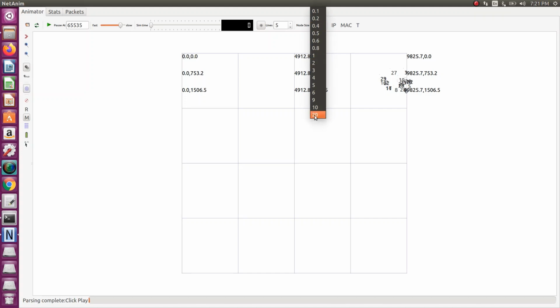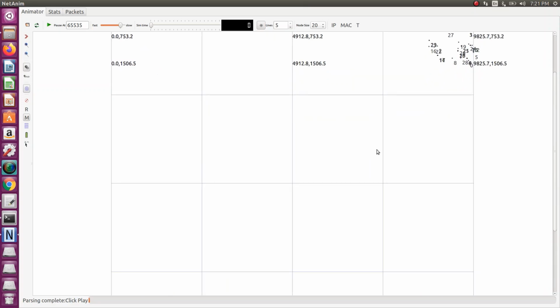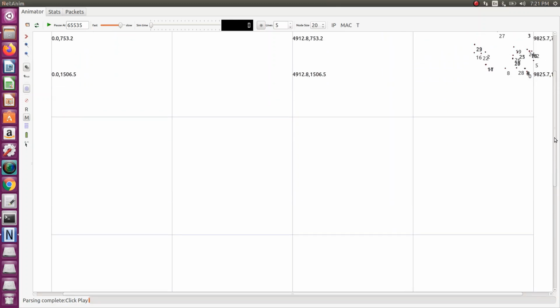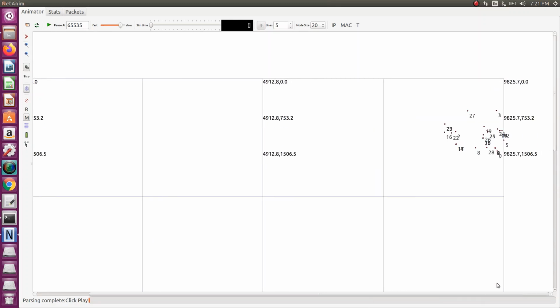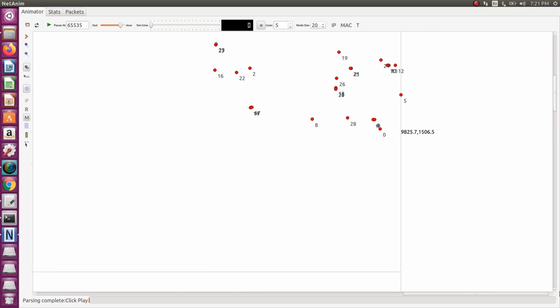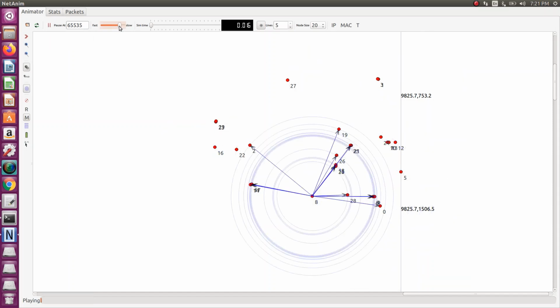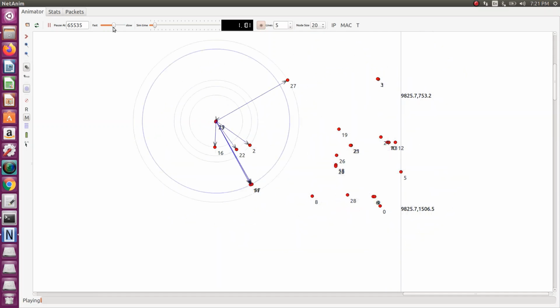You can maximize the node size, then zoom. Okay, so just run the simulation. This is for slow simulation. I want to run it as a fast simulation.